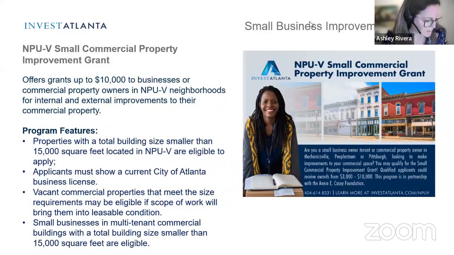And so they both really have a lot of the same requirements, and I'll get to the nuances between the 2 different programs, but they're targeted to small businesses, and we define that really by the property size for small commercial properties. Both of the programs we have are limited to businesses located in buildings, the total building size of 15,000 square feet or smaller, so that we're able to really make an impact with the funds that we have